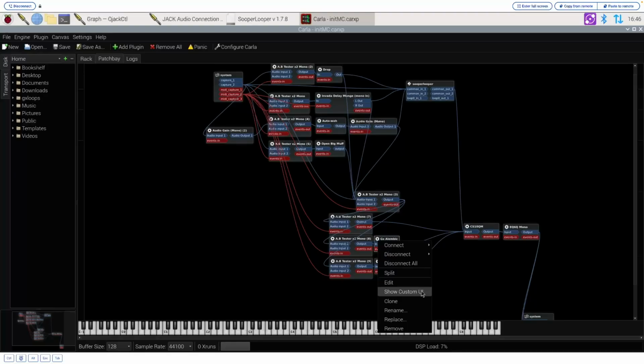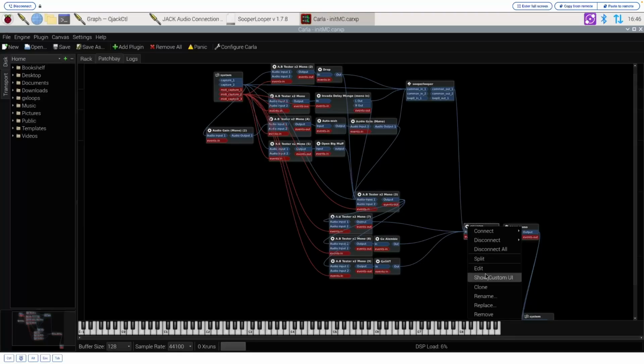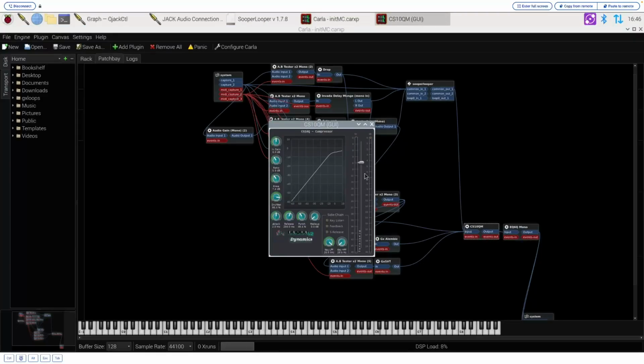Just know that sometimes if you click on that custom UI, it just won't work. So like this Alembic one, it doesn't work on there. But I know for a fact that like this compressor right here, if I open that up, that'll give you a visual feedback of the audio coming in and the compression and everything,